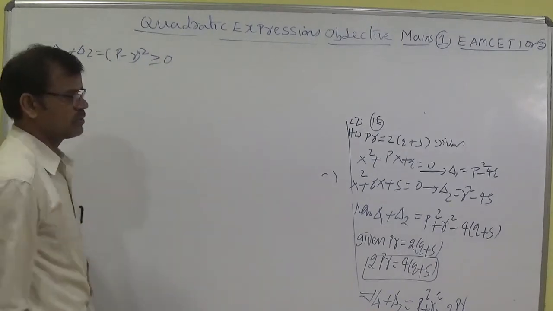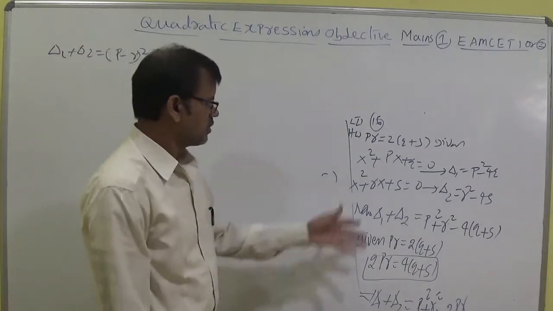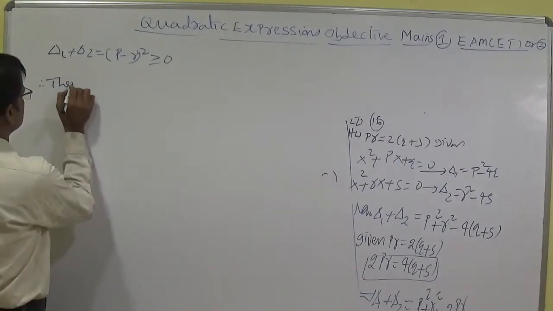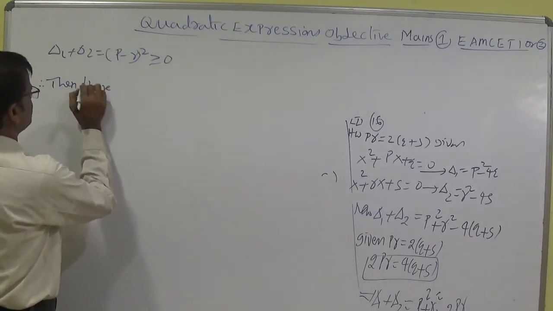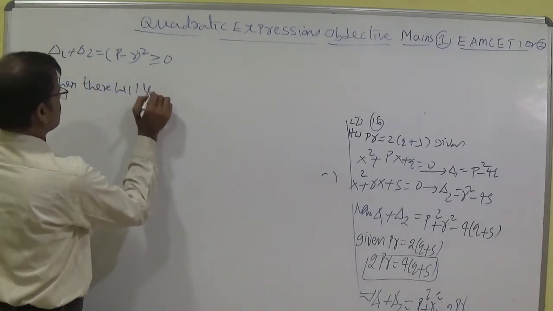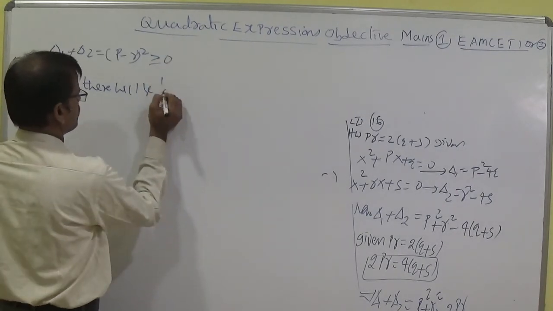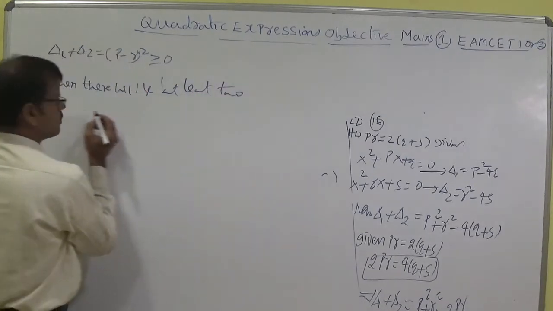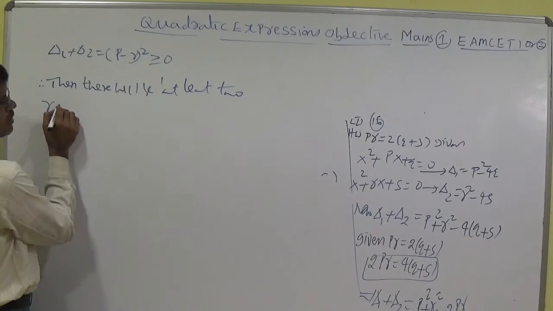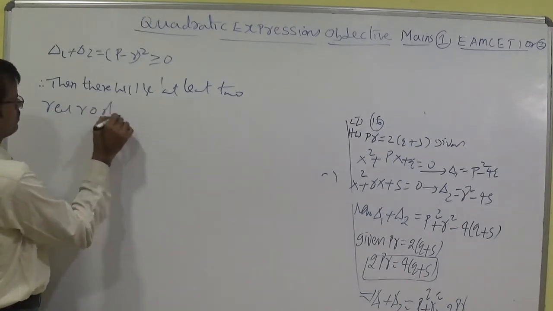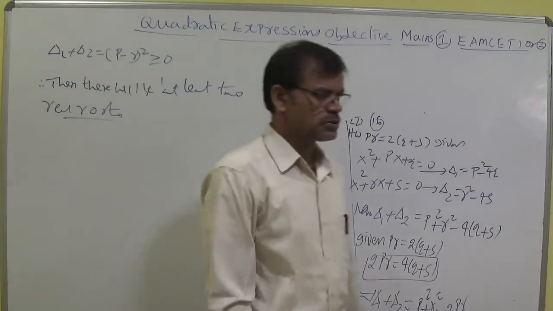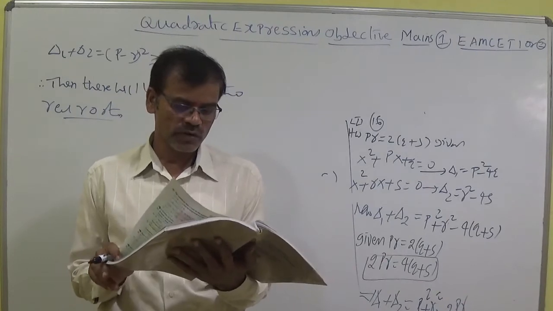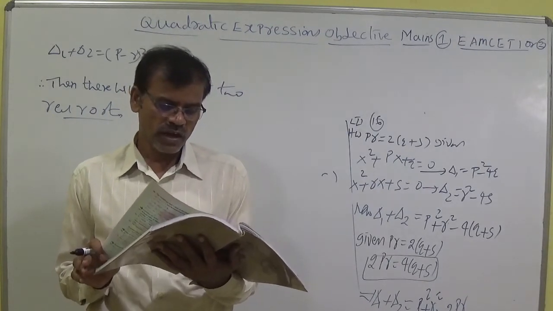Every square is greater than or equal to 0, or greater than 0 you can put. If it is greater than or equal to 0 also, no problem. Therefore we can say that there will be at least 2 real roots. You should write at least, because we have 2 quadratic equations. There will be at least 2 real roots. Level 2 homework 16th question: both have real roots, or at least one has.